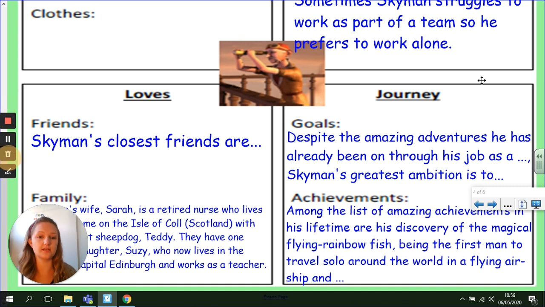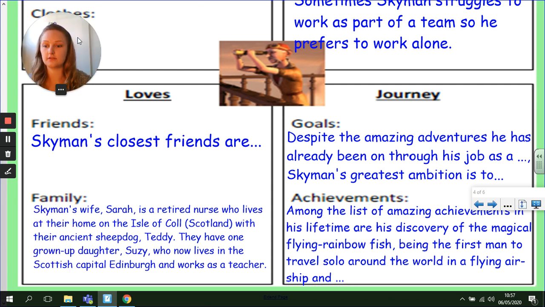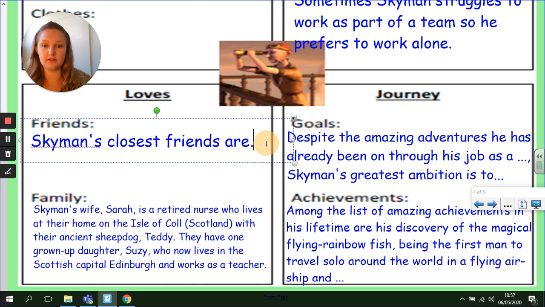Now, the bottom half with his friends, family, and his journey, things that he wants to achieve in his life and the things that he's already achieved. Let's see if I can make mine a bit. So, Skyman's closest friends are. How would you complete that sentence? Do you have a different sentence you'd like to do? Skyman's closest friends are